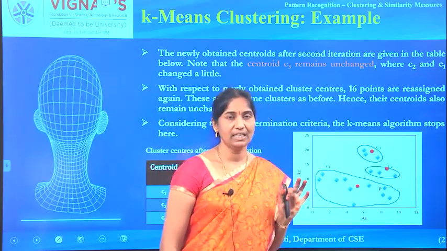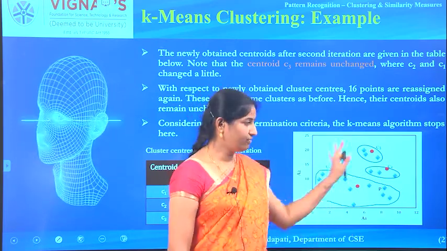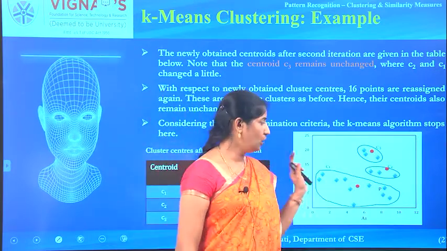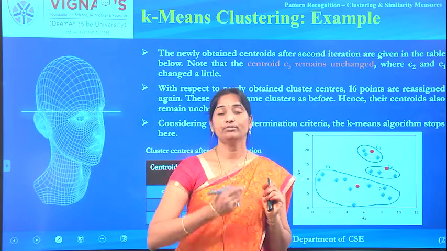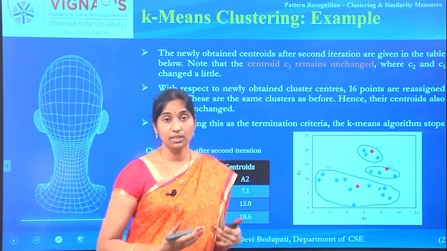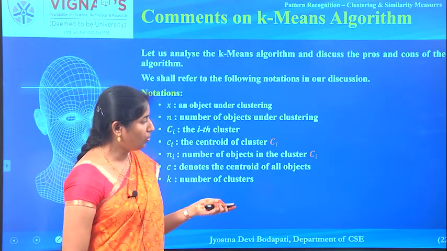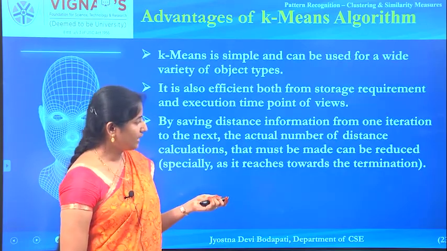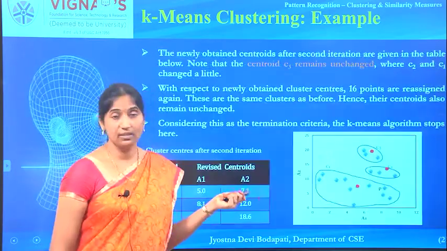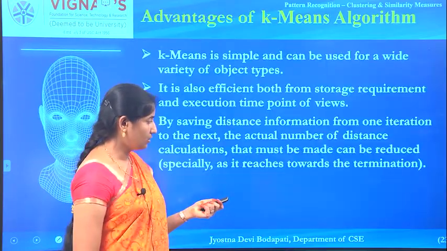If you observe, do you see any disadvantage of doing this? You need to do huge computations, right? Say for example, if you are given a million examples, from those million examples to all the cluster centers, you need to find the distance for every iteration, which is computationally too intensive. That is the problem with k-means clustering. Also, if there is any noise present in your data, it affects your final result too much. It cannot resist noise. That is another problem with the k-means clustering algorithm.